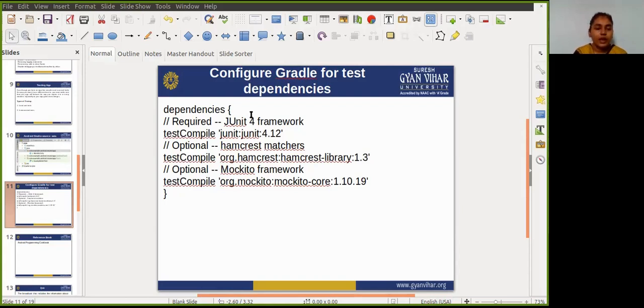Next annotation is @Test. This annotation marks the method as an actual test. So the addTwoNumbers method is the only actual test, and the key part of the unit test is the assertion, which is defined here by the assertThat method. Assertions are expressions that must evaluate to true for the test to pass.